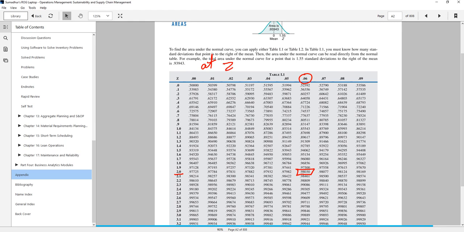So at z of 2.06, we get 98% of area under the graph covered, and that is the service level that we want to maintain. Okay, so either we read it from the table like this, the z-score of 2.06 corresponding to 98% service level,